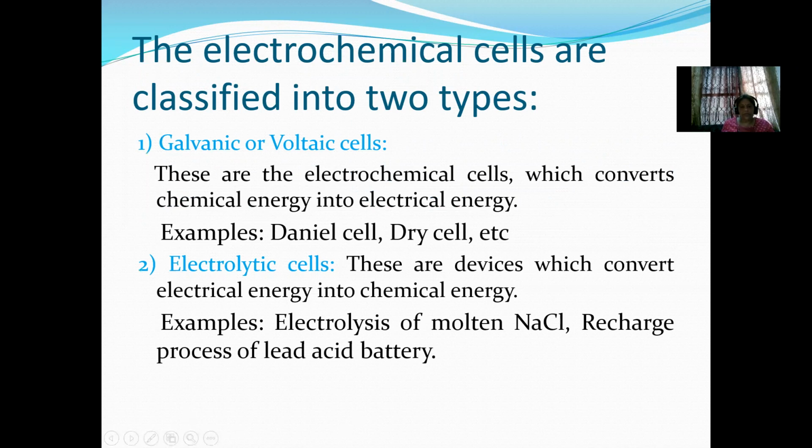The first kind of electrochemical cells are galvanic cells or voltaic cells. These are the electrochemical cells which convert chemical energy into electrical energy. So out of the chemical reaction, we can derive the electricity. And examples are plenty. An example of a galvanic cell is a Daniell cell or a